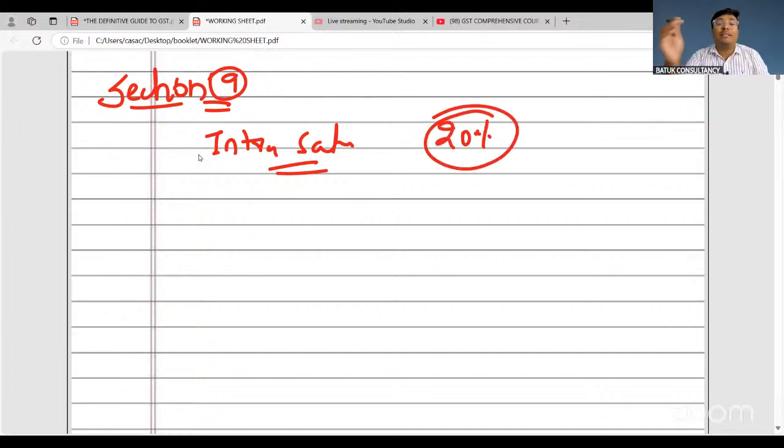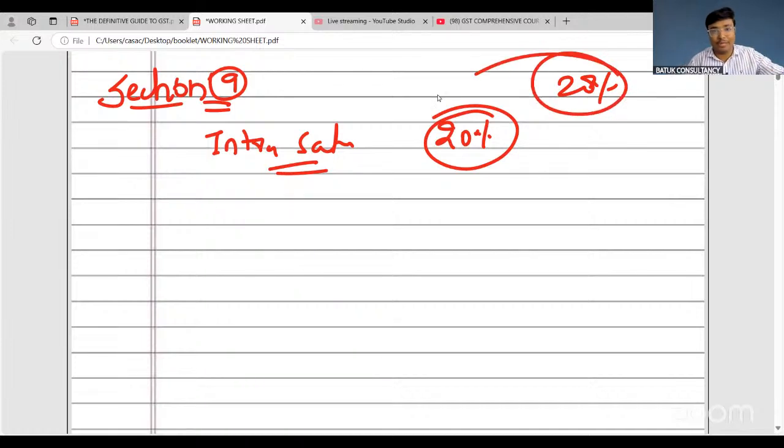They have prescribed that the highest rate of GST will be 20% under CGST, and under SGST it's 20%, that is 40%. This is the highest rate, but now government is charging 28%. Okay, but the highest rate under CGST is 20%. They have already specified, and they have also clarified that on